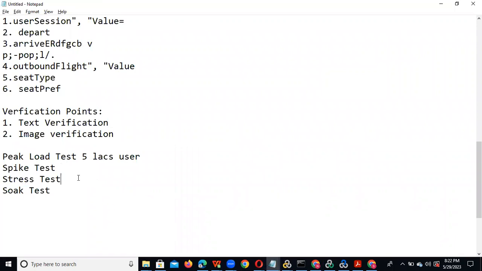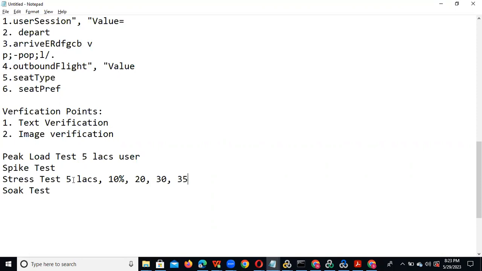Stress test is nothing but we need to find the break point of the application. For example, Facebook: actually users will be 5 lakhs. You need to test with the 5 lakhs, and after that, you need to increase the load from 5 lakhs by 10% the first time, and after that again 20%, again 30%. So after that, you can observe that at 35%,